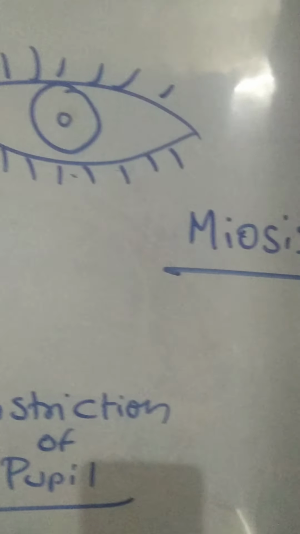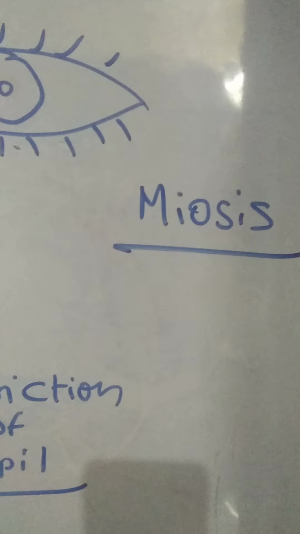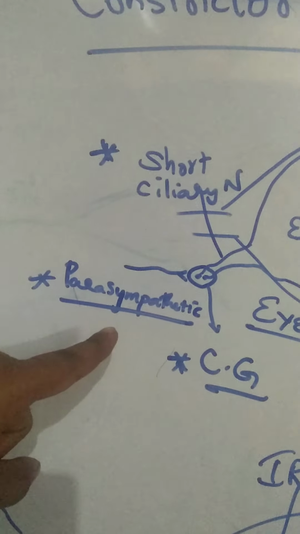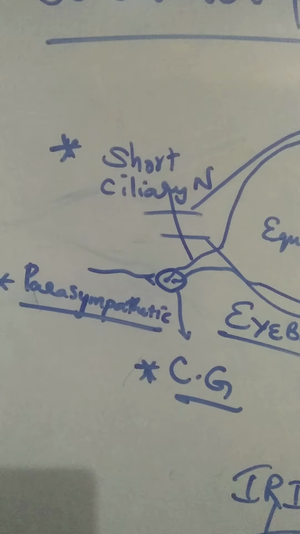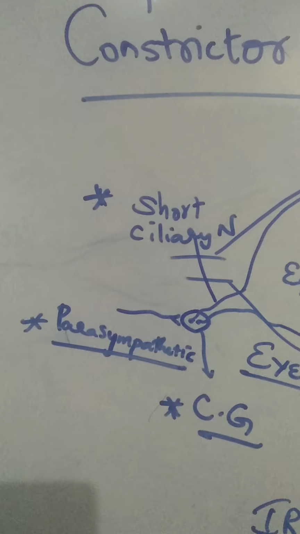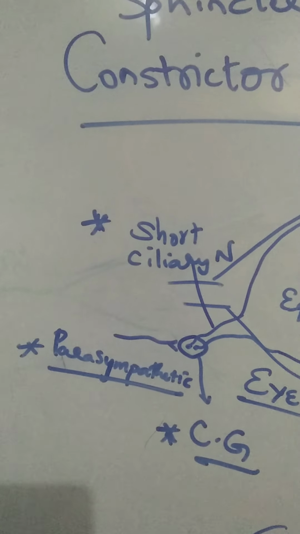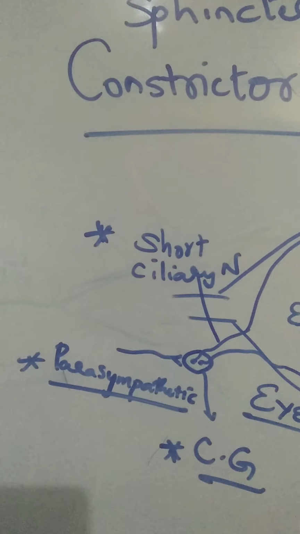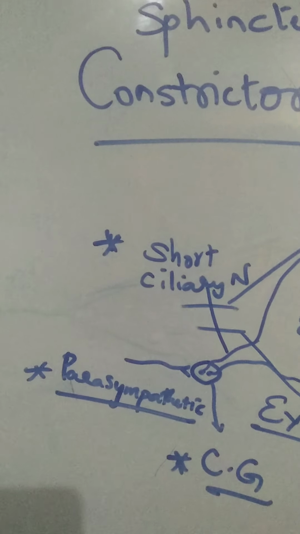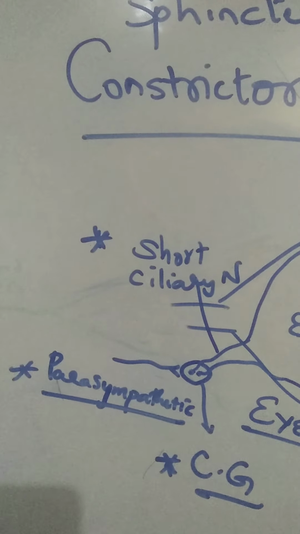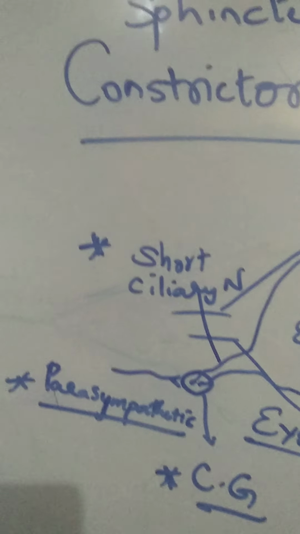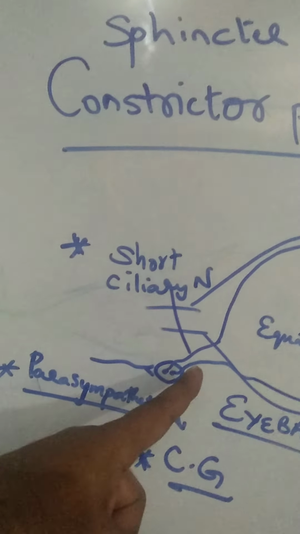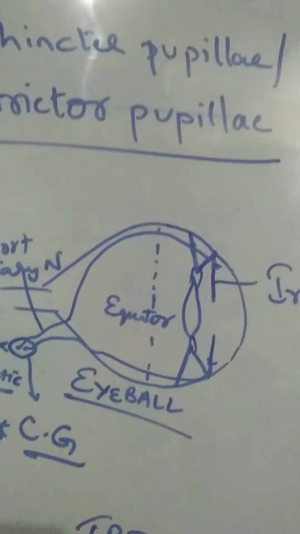Medically this is called miosis. So when does it exactly happen? It happens whenever the parasympathetic nervous system gets activated. The parasympathetic nervous system is called the nerve of calmness. So in 24 hours in a day, when do you think you are calm? If you said at night when you are about to sleep, that is a correct answer. When you are sleeping, you are absolutely calm and at peace of mind. At that time the parasympathetic nervous system has maximum activity. Through the ciliary ganglion via the short ciliary nerve, it supplies this muscle called constrictor pupillae.